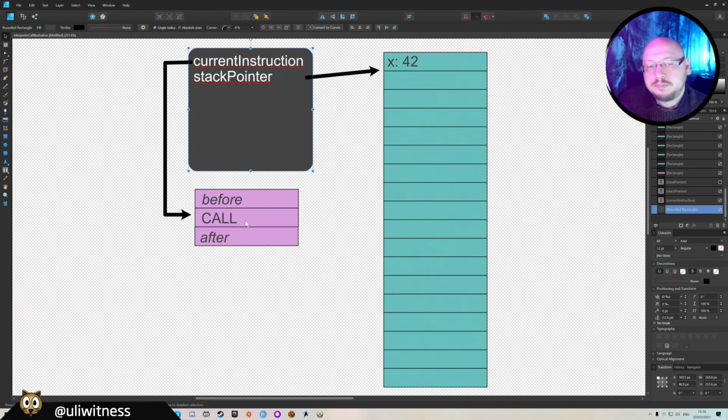So these pink boxes down here are basically individual instructions, three. There is one before the call. Whatever that does is not really important for us right now. Then there is the actual call instruction, and then there is one or more instructions after the call. And then we have the stack pointer. In our bytecode interpreter, that is actually all one bit, like the stack and the stack pointer are just a